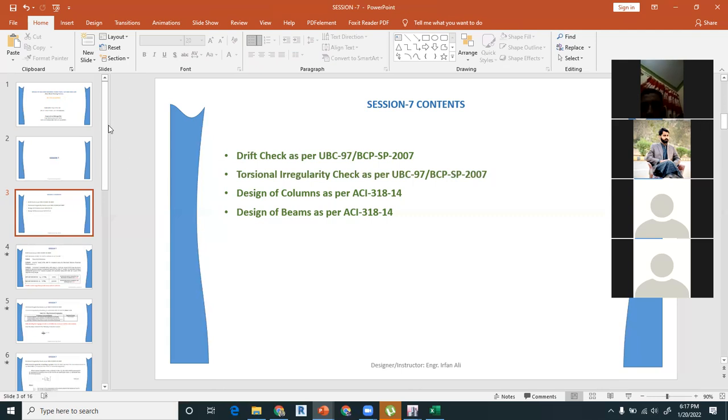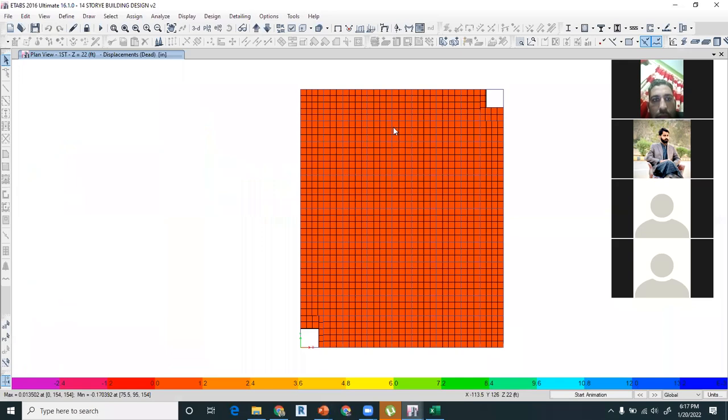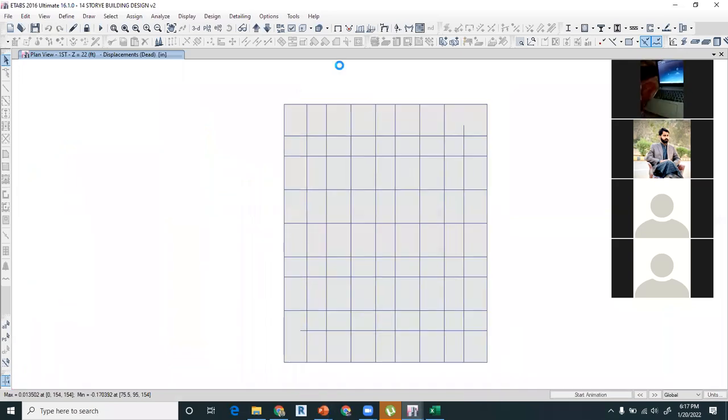Right, so let us start. I have already run the analysis in this model. This is the same model, but I have said